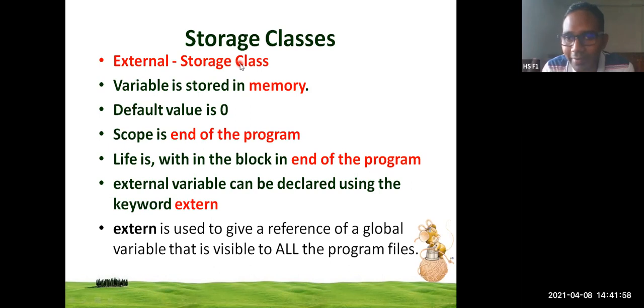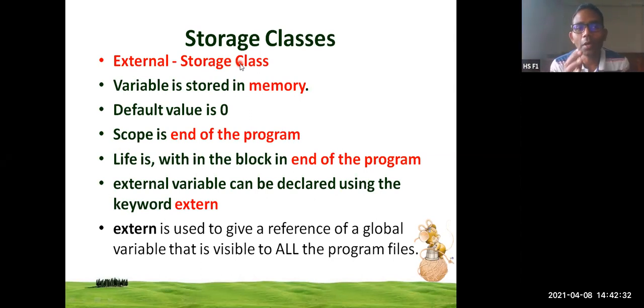And the third one is the static memory location, that is static storage class. The static variable will have a default value of 0, and it will persist within the function calls also. It is not going to create multiple times. The scope of the variable will be throughout the program. And the last one is external storage class. External storage class means I want to create a variable in one program and I want to use it in another program, 2 different programs.